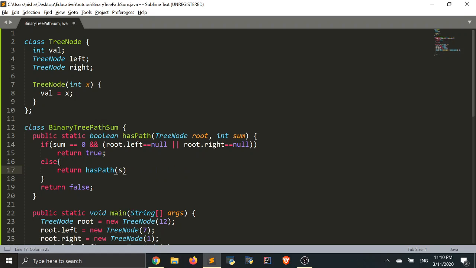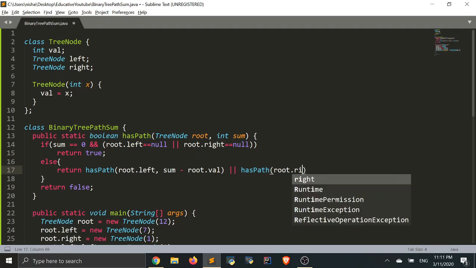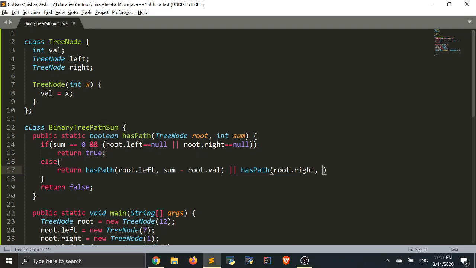Root dot left will go down another path and we'll check sum minus root dot val. So if either we have a path like that on the left side or we have a path like that in the right side, then